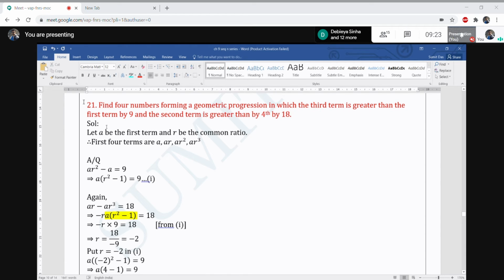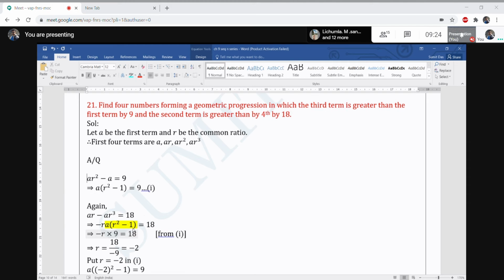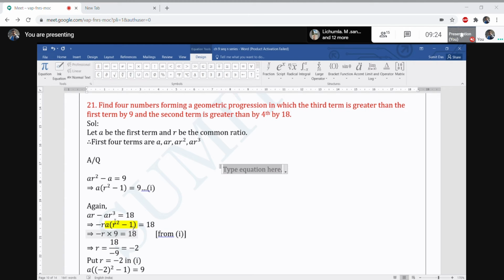We take a as the first term and r as the common ratio. We have to find the four terms of the geometric progression, so we take the GP like this: a, ar, ar square, ar cube. Okay. As per the question, let's write down one more thing. As per the question, we are given that the third term, T3,